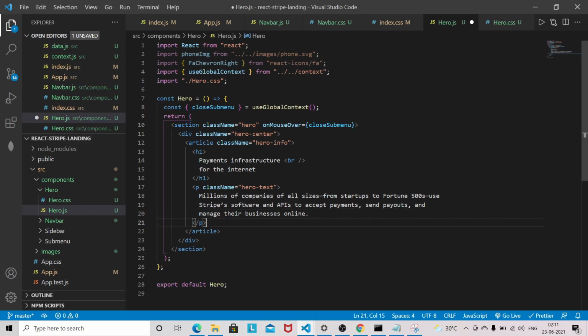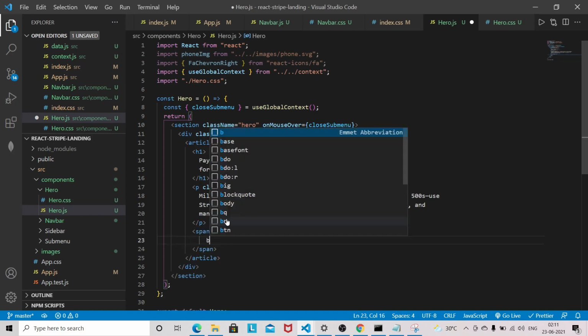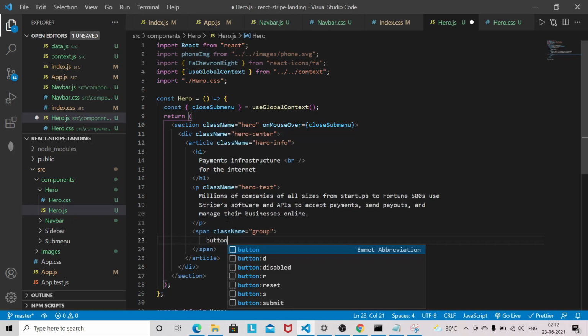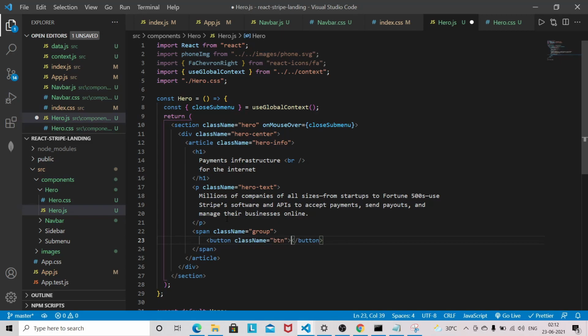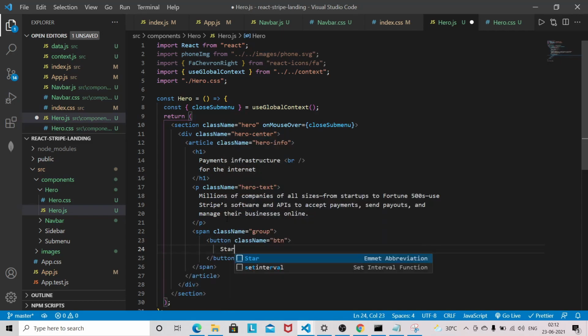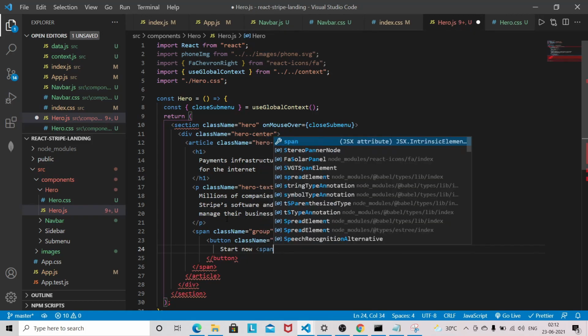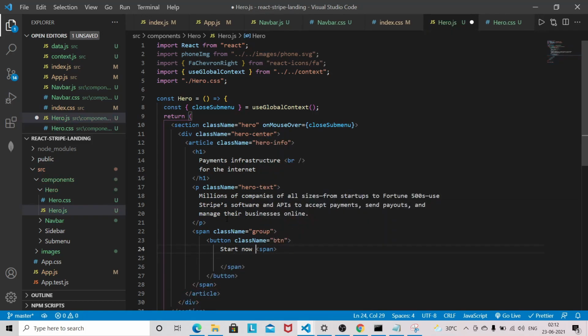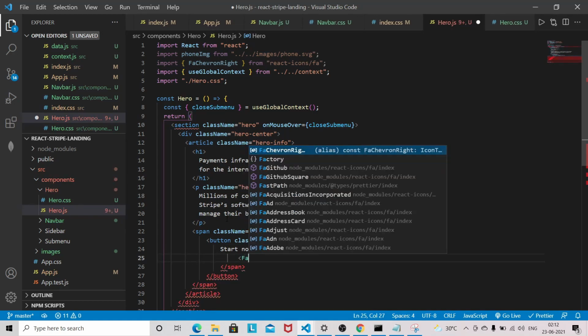Now after that there will be a span tag with the class name group, and we'll have a button with the class name of btn, and the text will be like start now, and there will be a span tag inside this button, and the button will have the class name of right arrow, and here we need to use that react icon tag.